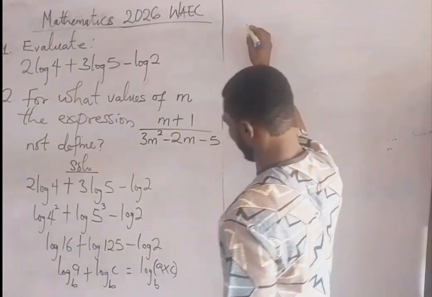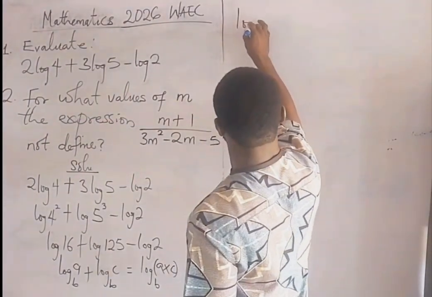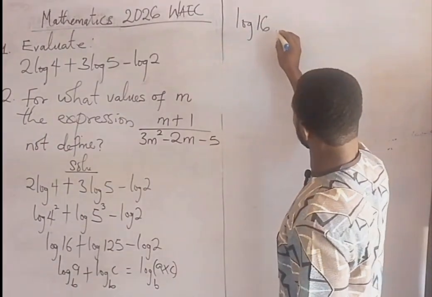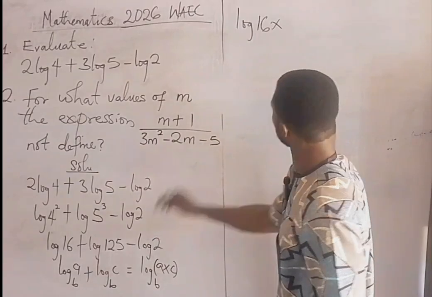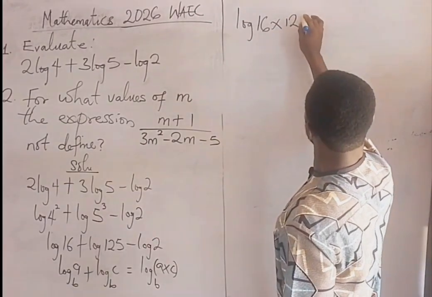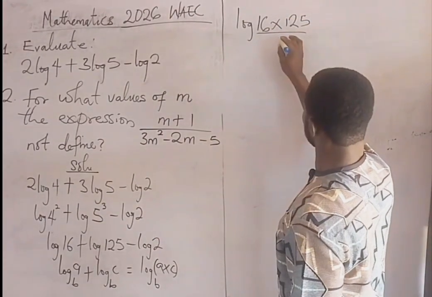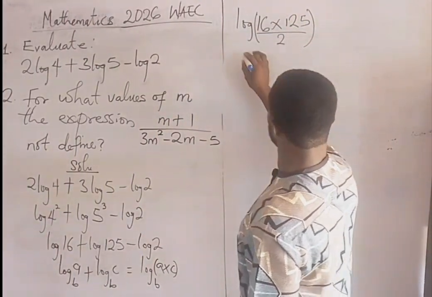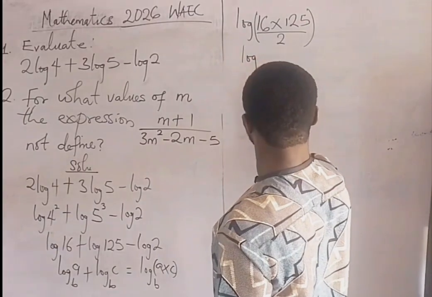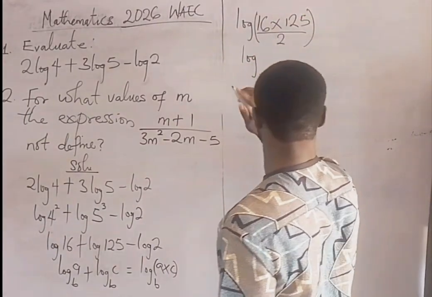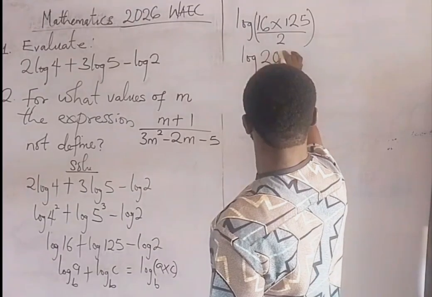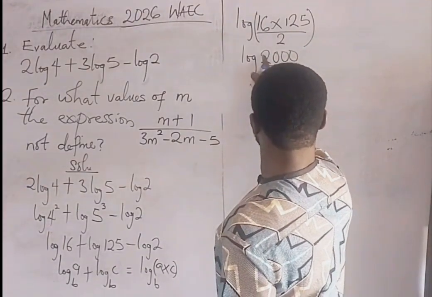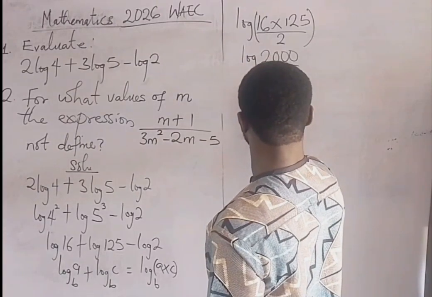and from there we are going to have log 16 times 125 over 2. And by further simplification, 16 times 125, I think that should be 2000, over 2. Now 2000 divided by 2, that will be log